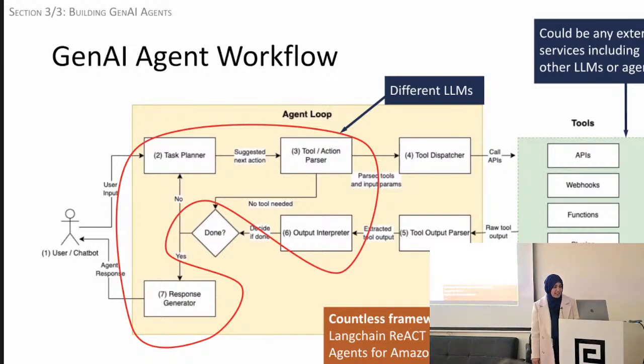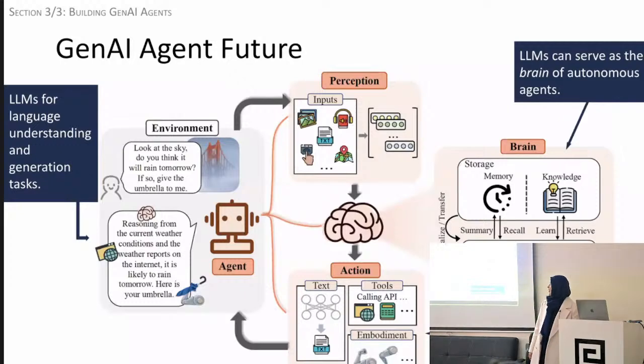to incorporate this kind of thing. So we'll end here at an optimistic vision of the future. Scary to some. Yes. So here you have a reasoning agent, a GenAI agent. The user is saying, look at the sky. Do you think it'll rain tomorrow? If so, give me an umbrella. And it's actually able to do all of that, because we're assuming there are robots somewhere in the picture that are actually able to bring the umbrella as well.